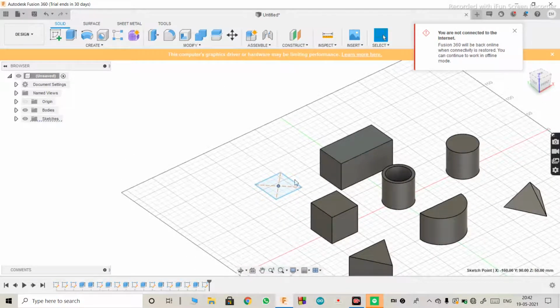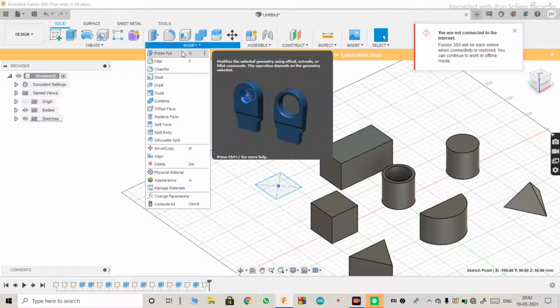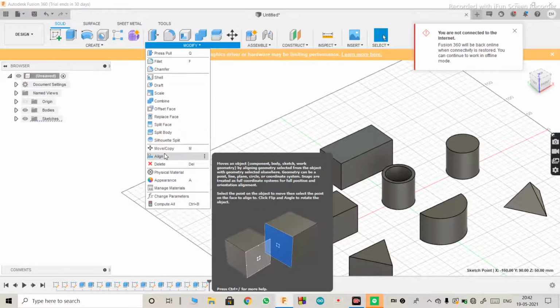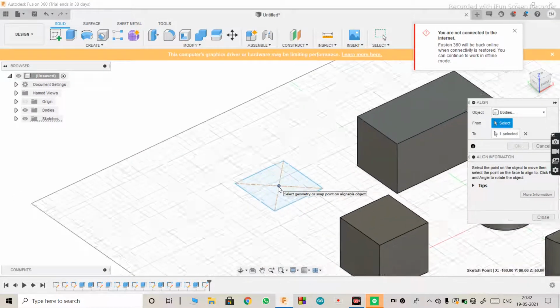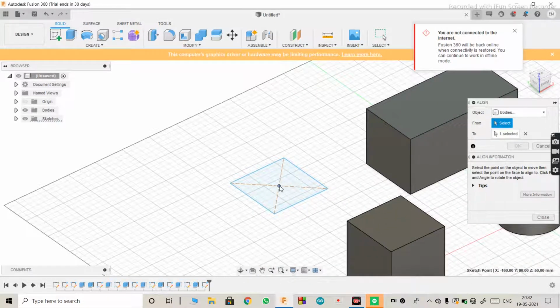You don't have to delete this entire thing and make it again. You can do one thing, just go into modify. There's one command called align. Just select that, select the center point of that square,